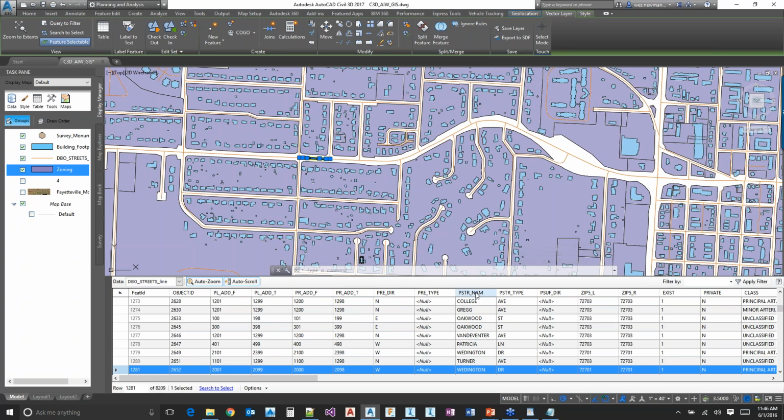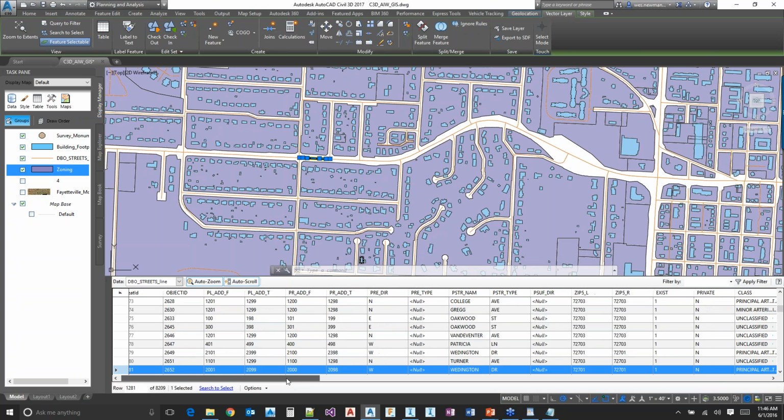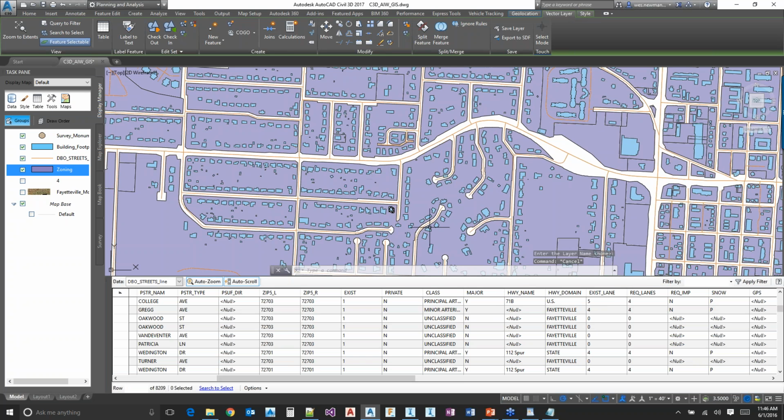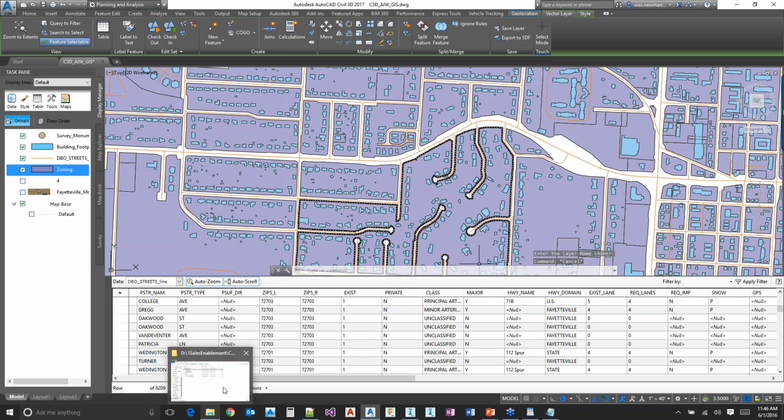So this is the name column. So if we want to map this attribute over, we can move that over. If we want to map maybe the classification over, we can move that. We can utilize some of this existing lane information. So we can start building up the different data. And so what I've done is